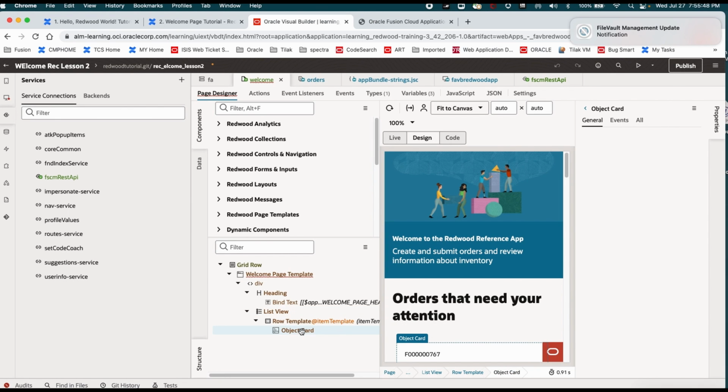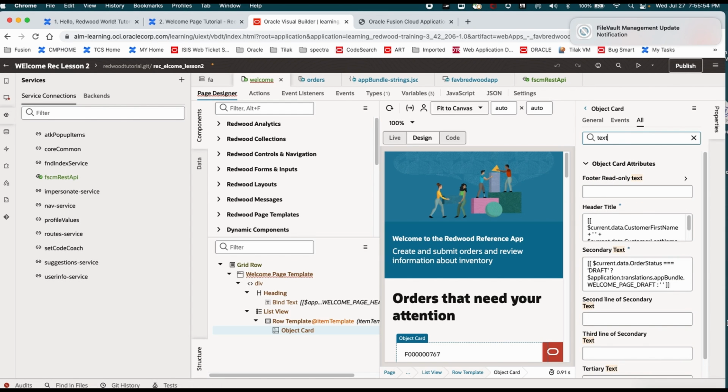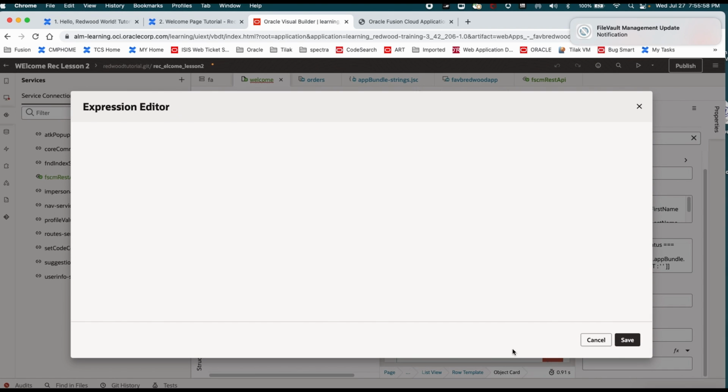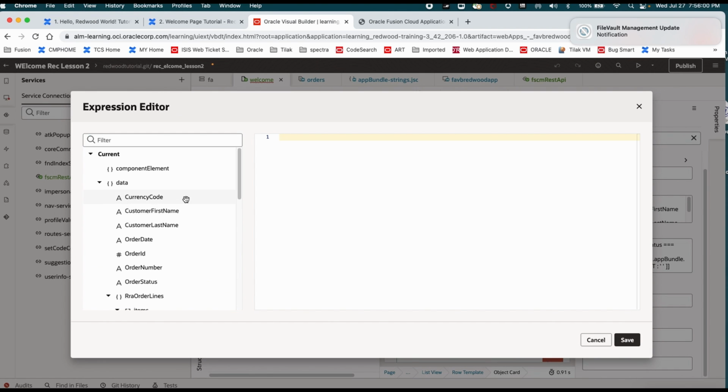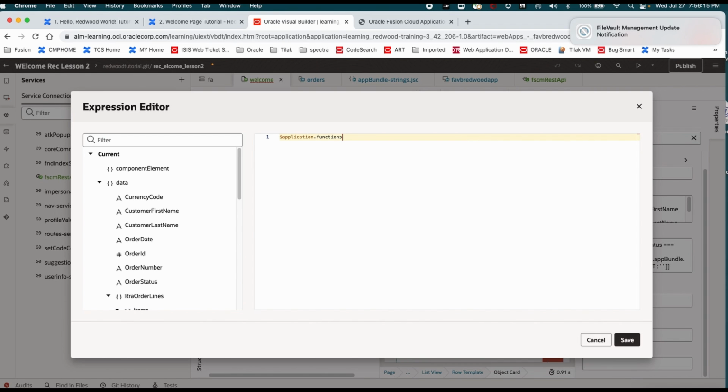We refresh the page. Okay, object card, text, territory text. Okay, it is coming here. It was because of some refresh problem. Application function, where's the function? Application function dot